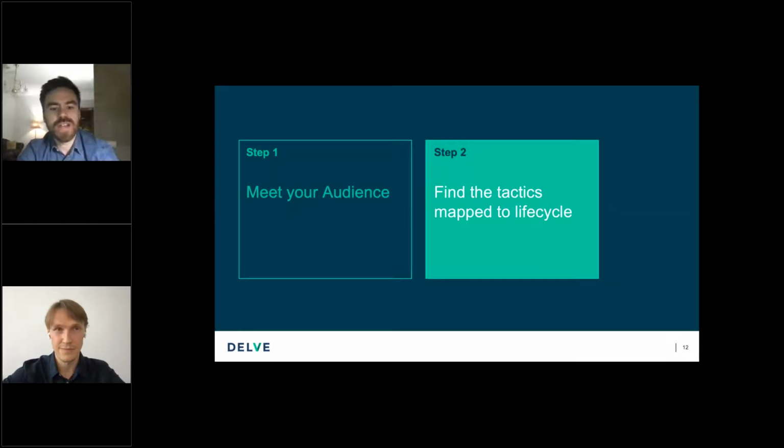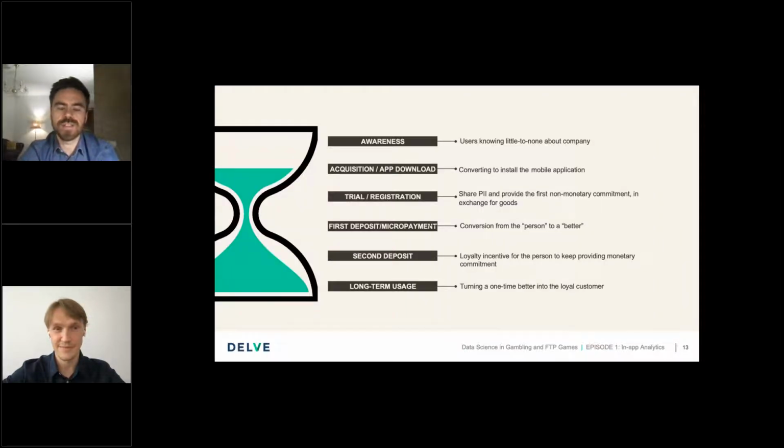So after you have determined your audience, you're going to think about what the steps in the life cycle of their customer journey are. And for gambling, we see, first of all, the stage of building awareness. Users know little or nothing about your company. Then, to move to the second stage, they need to convert, meaning they will download the mobile app on their device.